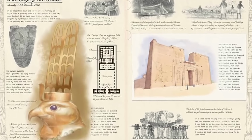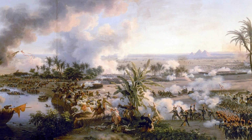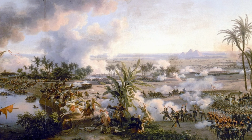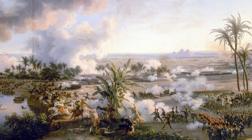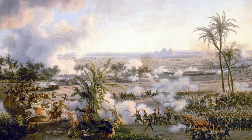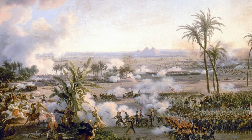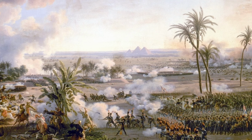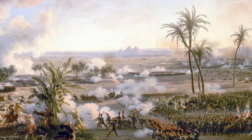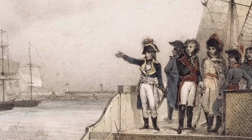Napoleon's armada set sail from Toulon harbour, its destination the shores of Egypt. This ambitious expedition was not just a military endeavour, but a grand vision of conquest and enlightenment. The ships were laden not only with soldiers and weaponry, but also with scientific instruments, books and art supplies. Napoleon envisioned a new era of discovery, where the might of the French military would be complemented by the intellectual